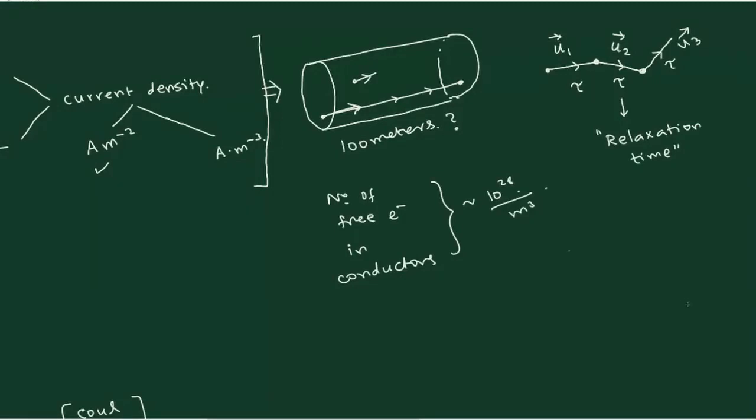So what happens is there is u1, u2, u3, so many of them, each one of them, and then you try to find the mean of that. The average value, the mean of u1, u2, u3, is represented by a single u vector. And we will call this vector the drift velocity.